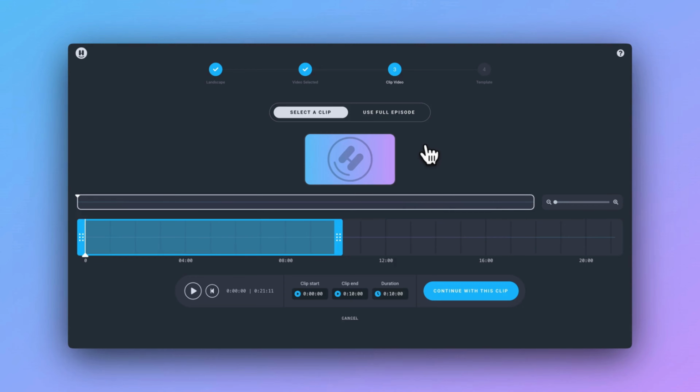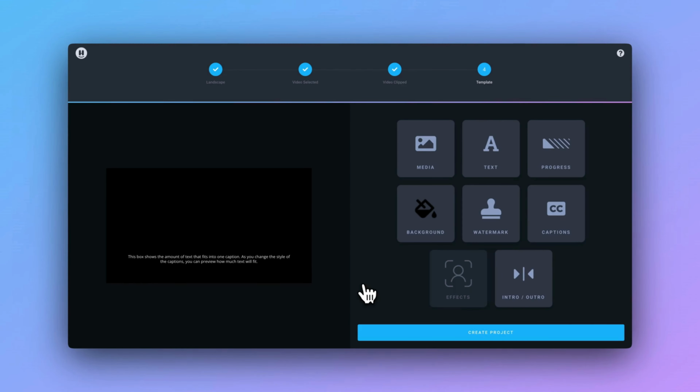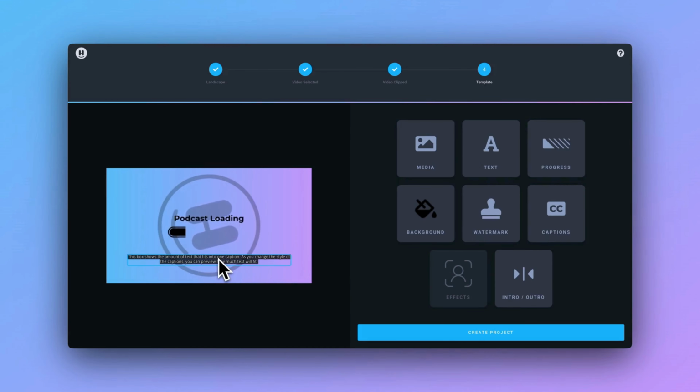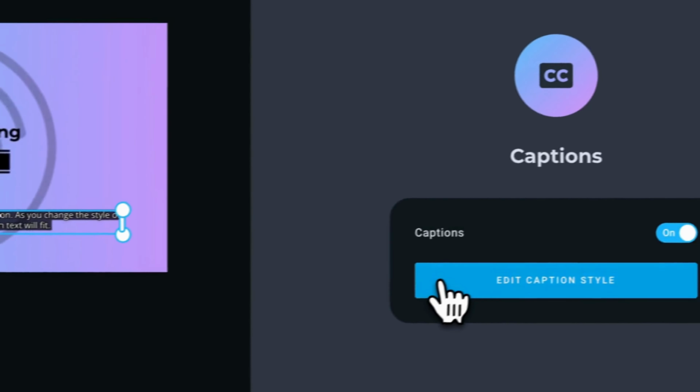And then I will be doing the full episode, so I'm going to want to toggle over to this full episode button right here, and then go ahead and click continue with full episode. And you can see right here that it's already got some captions pulled in for me, so I can go ahead and edit these if I'd like, just by clicking on them,